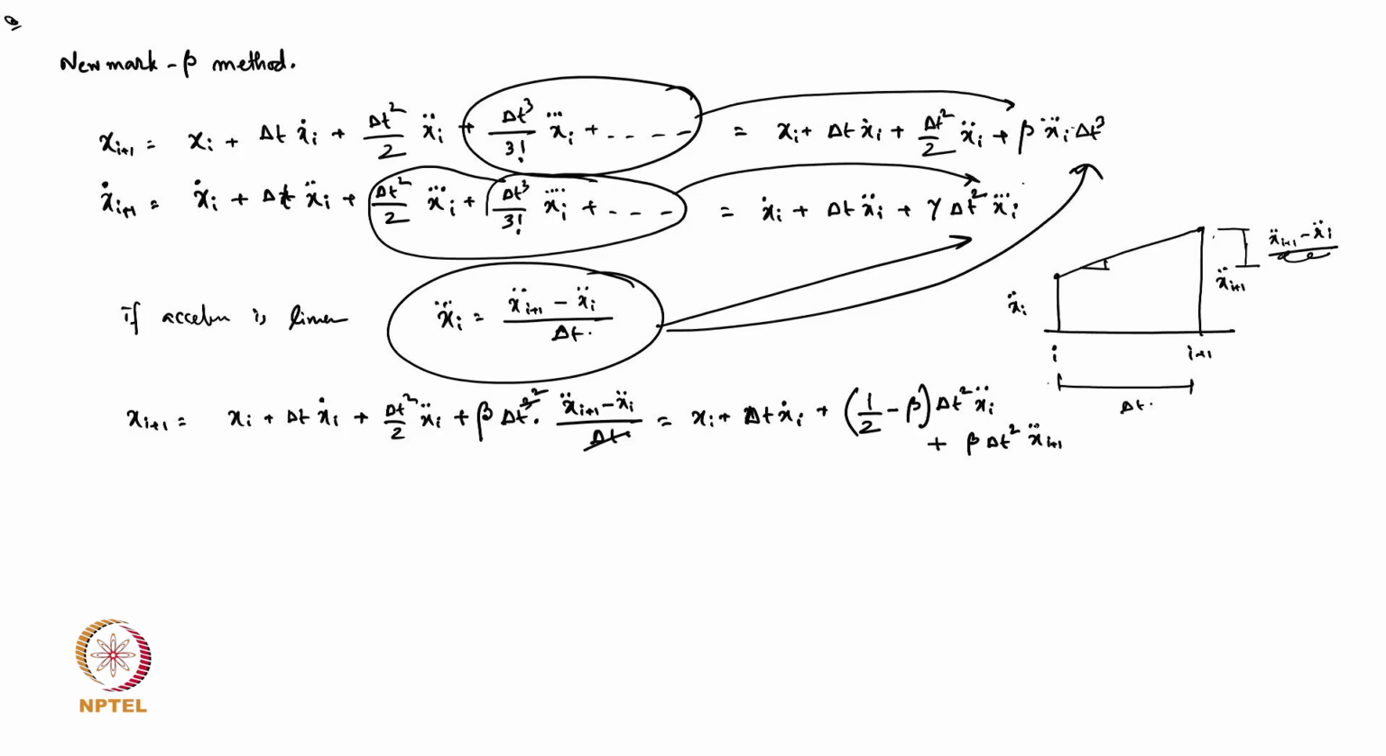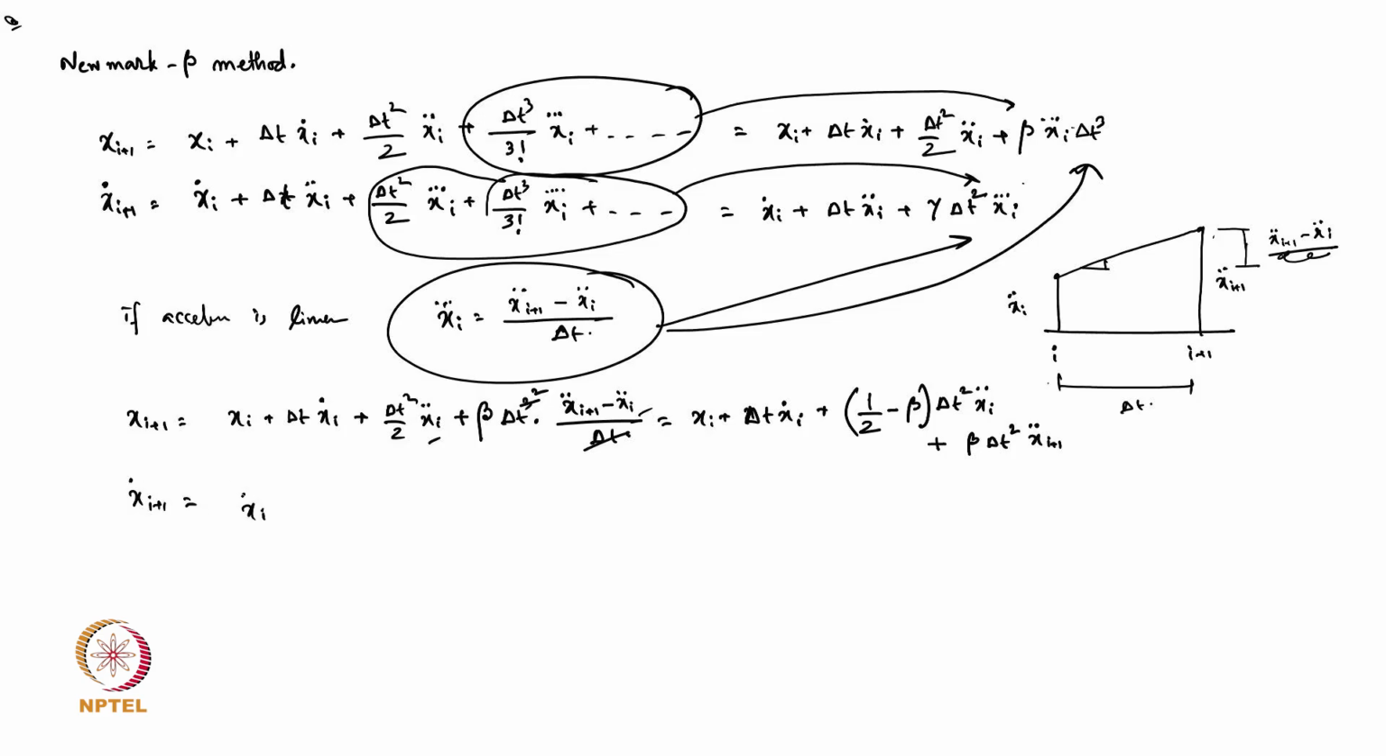Okay, will that be all right? I just clubbed the terms properly. Here we have x_i double dot, here x_i double dot, I just clubbed these two, and x_{i+1} double dot, I just take it out. Okay, now if you go,